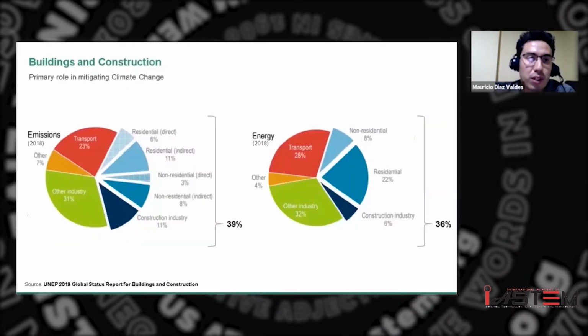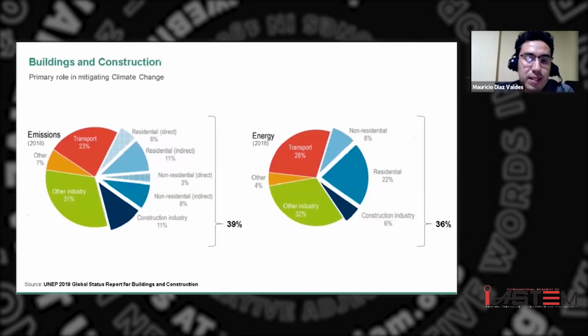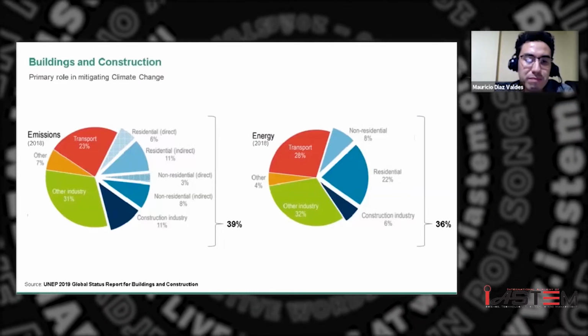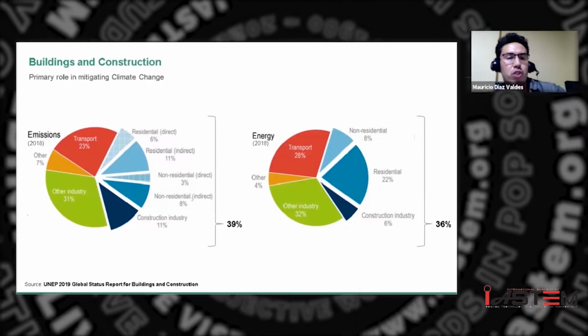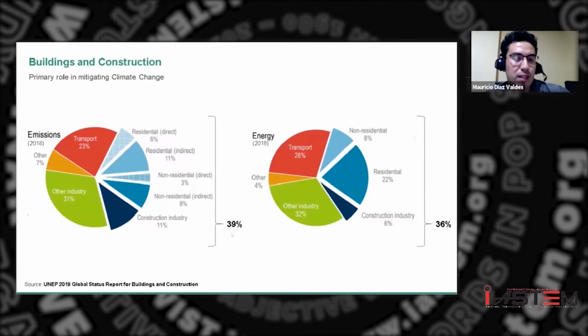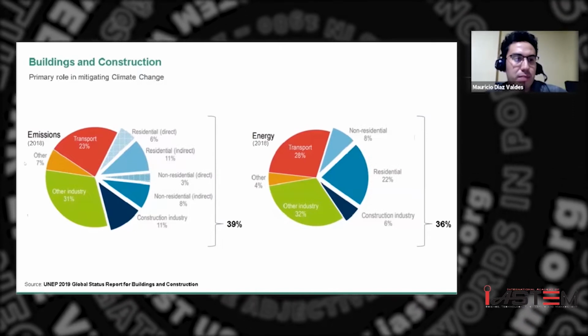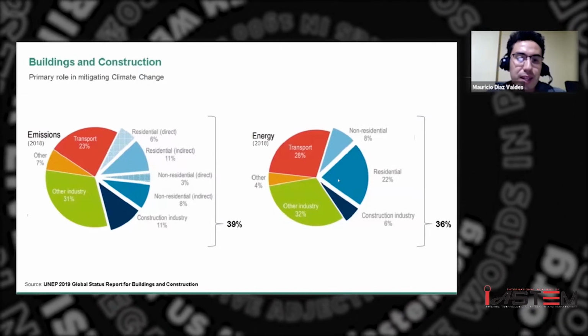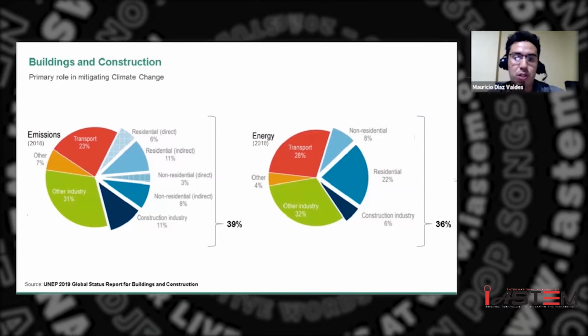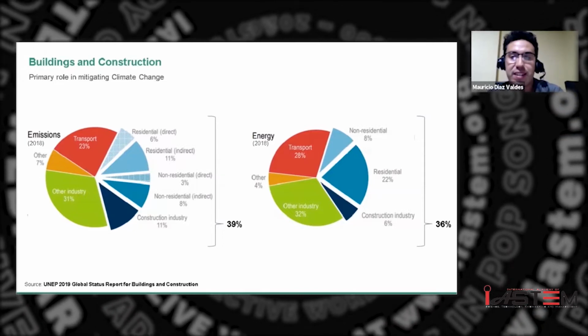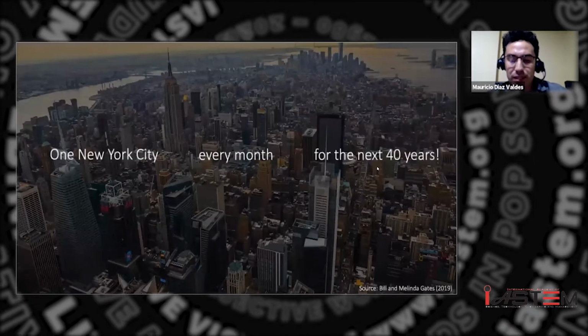This is one of the charts from the UN that says how the new technologies are changing, and how architecture and building construction should change, because we can see that we have 39% of all the emissions of CO2, and 36% of energy. It is important that we change this through technology and science. A big problem is, as you will know,